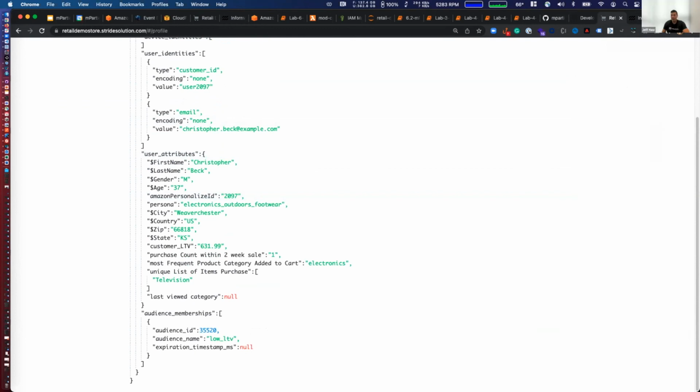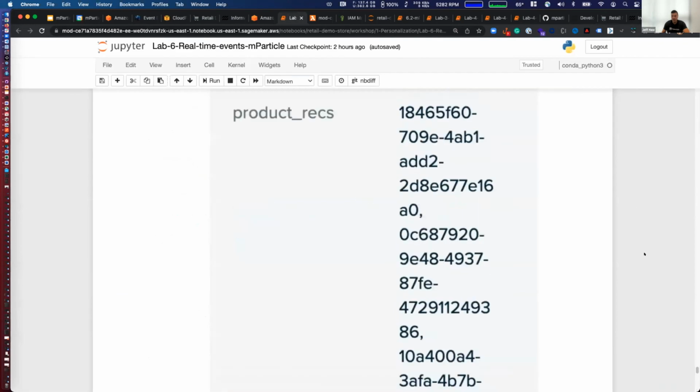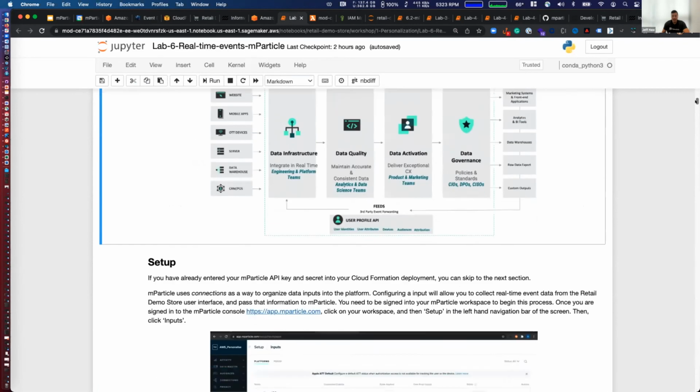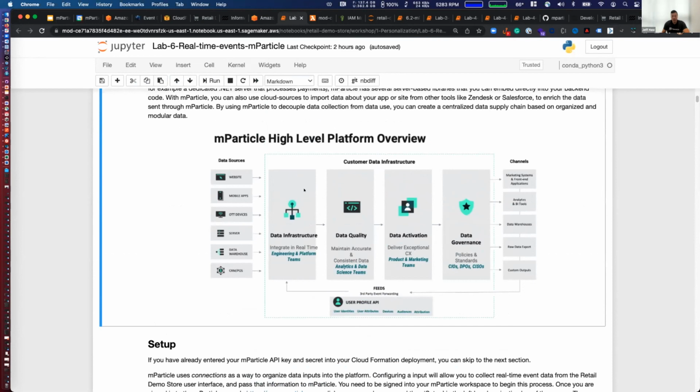So I think I'll wrap the workshop off. What we have presented to you is setting up your AWS environment to train Personalize. Once you have trained Personalize, the other section that we showcased is the mParticle integration, wherein we're able to ingest data from your web channel, collect that data, and stream that data to Amazon Personalize using AWS Kinesis and Lambda. In return, we're able to get the recommendation back to mParticle